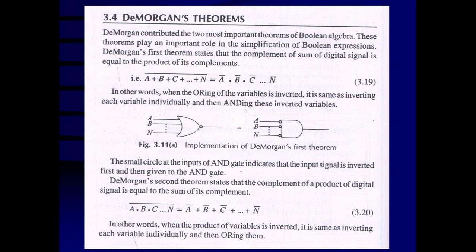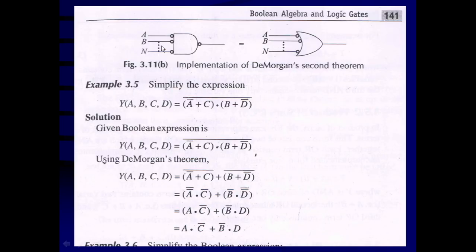So these are De Morgan's first and second laws, which are shown here. Here there is a mistake, this bubble should not be there. This is only a NAND gate which has inputs A, B, C, etc., N. This is equal to the bubbled OR gate. That means inputs are first inverted. Here the bubbles are required, which indicate that the inputs are inverted and then given to the OR gate. So the NAND gate is equivalent to the bubbled OR gate. They have identical truth tables.